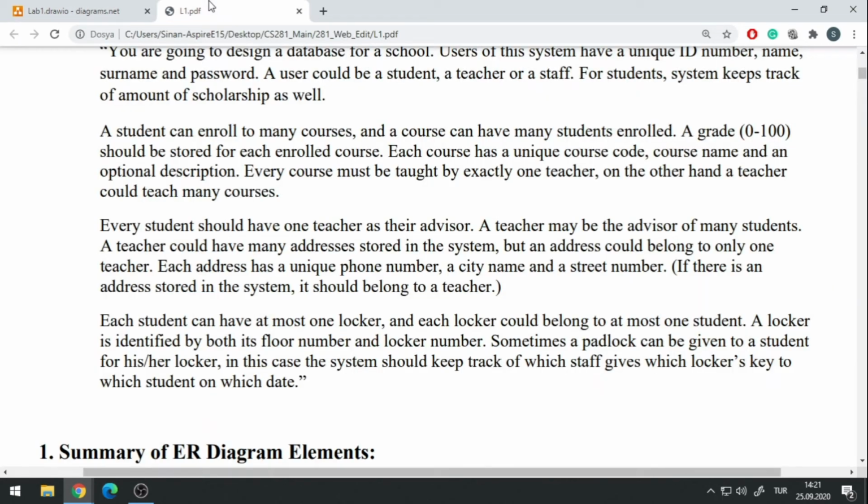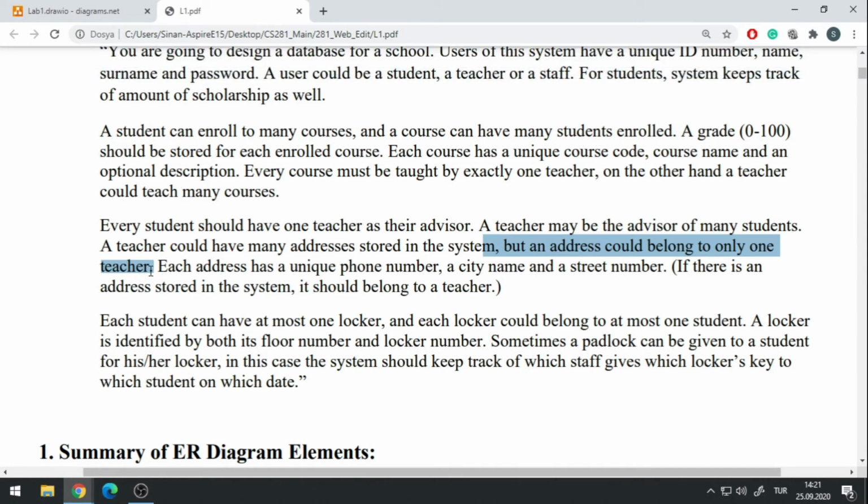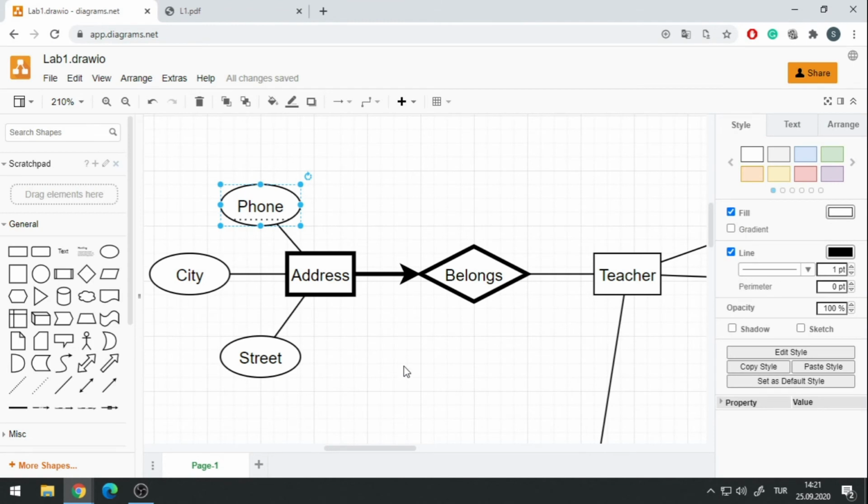However, in the description it was saying that each address, a teacher could have many addresses, but an address could belong to only one teacher. It is saying this. But in this case, we are kind of contradicting, right? We are saying that, okay, this address, but the same teachers are using these address. Then to be more correct,